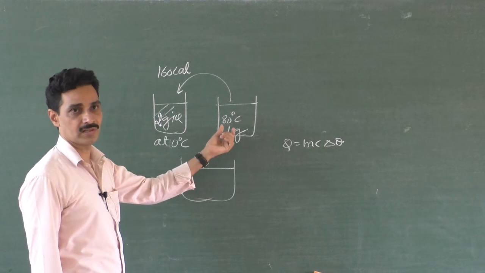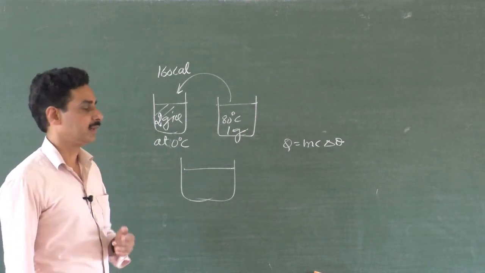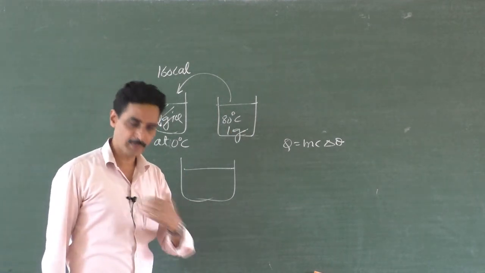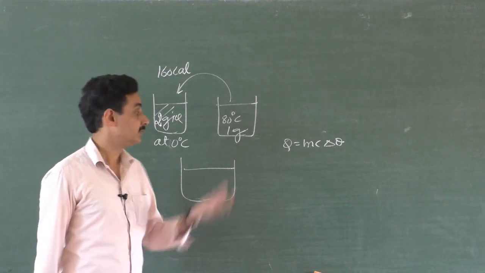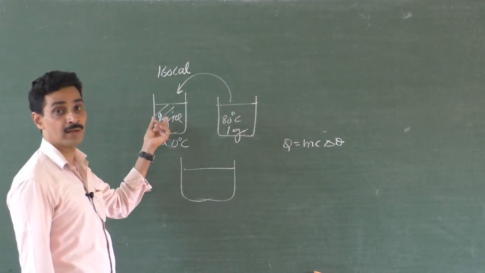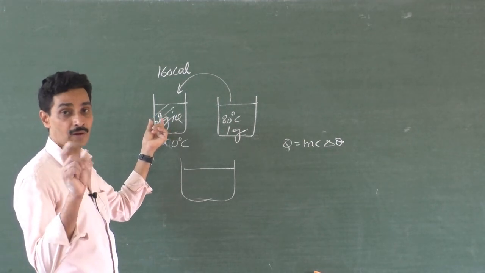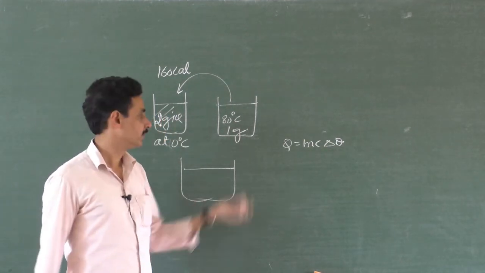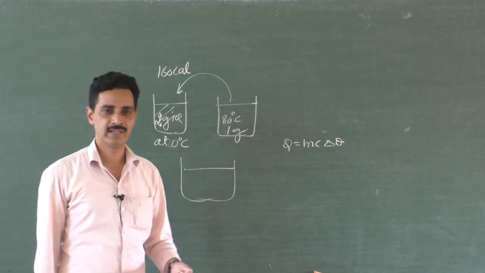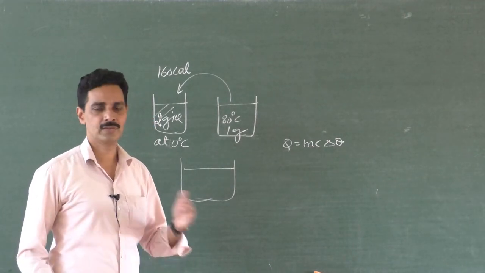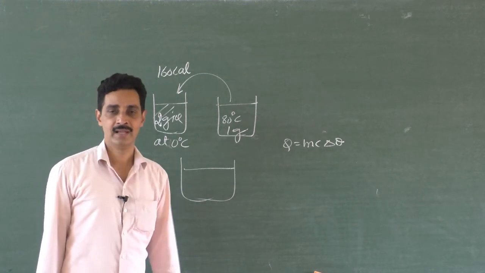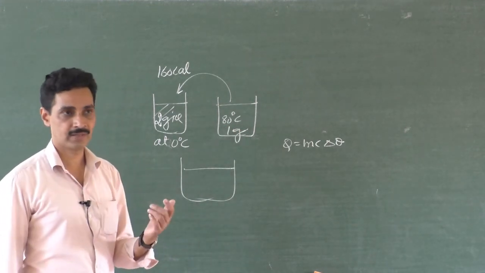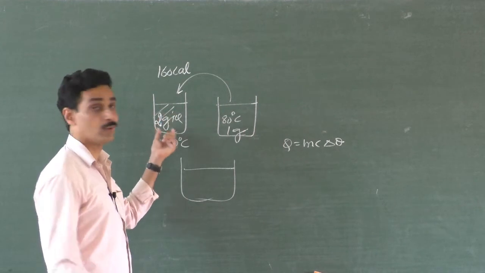This hot water, a good donator now, drops by 1 degree Celsius, say 79 degrees Celsius, and 1 calorie is lost. That 1 calorie is used to melt not 1 gram of ice, but a part of the ice. 79 to 78, one more calorie, 78 to 77, 76, 75, like this. By the time this comes to 0 degrees Celsius, it has given 80 calories of heat energy, which is good enough to melt only 1 gram of ice.